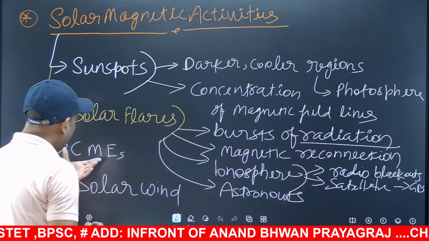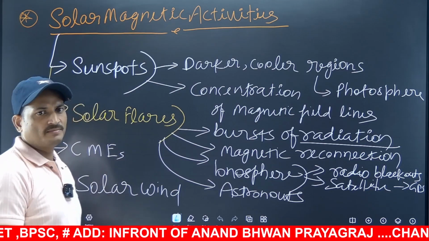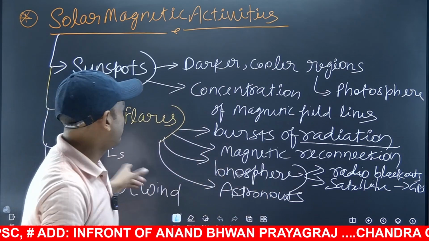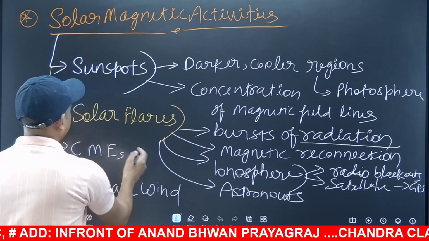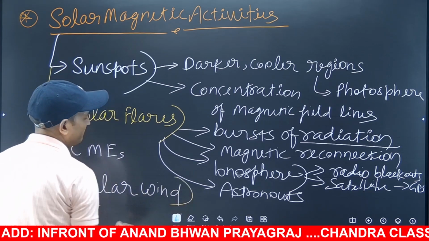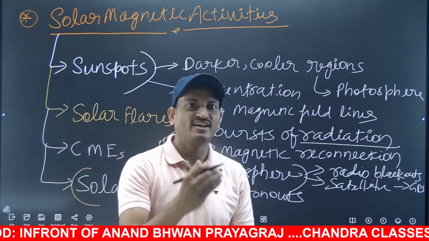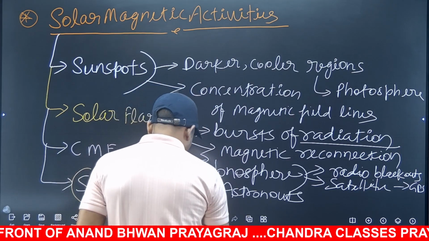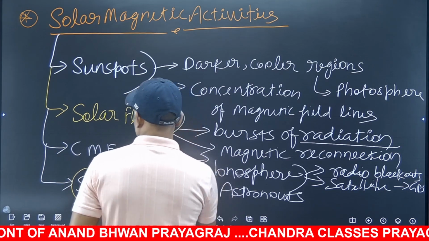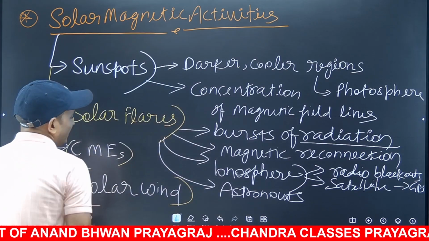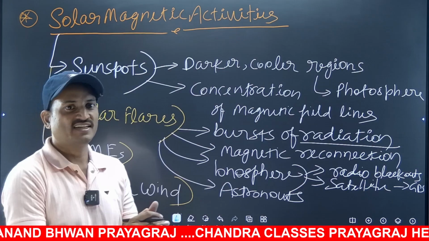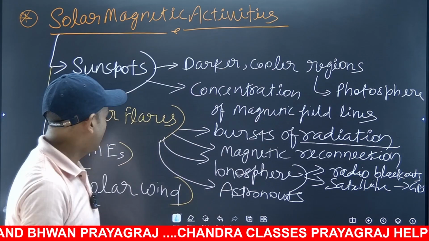They can cause minimum damage on the Earth because of the magnetopause. Our magnetopause protects us from the coronal mass ejections. It redirects them. Similar is the case with solar wind. Solar wind is a kind of continuous flow of charged particles. Coronal mass ejection happens because of realignment, readjustment of magnetic field lines. It is a kind of burst, a sudden movement.